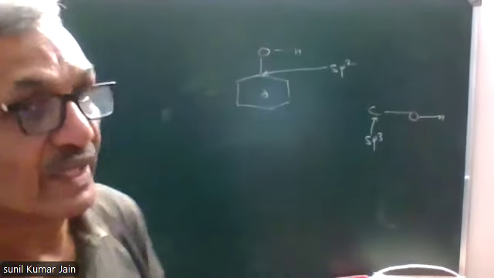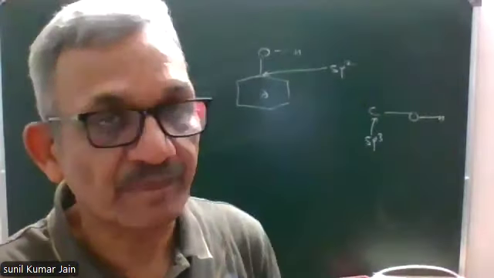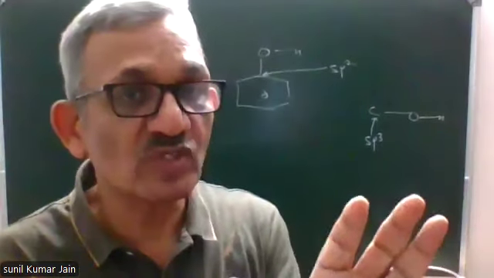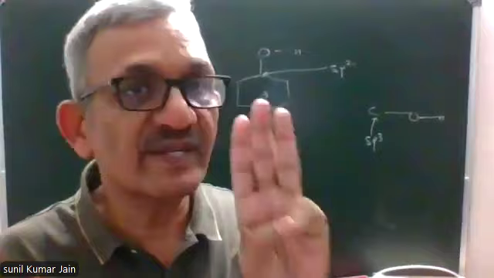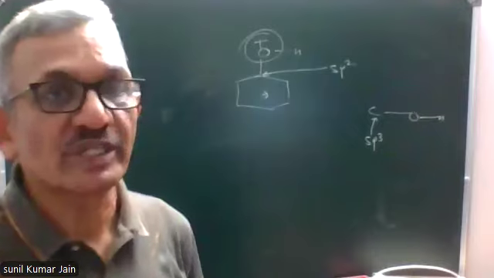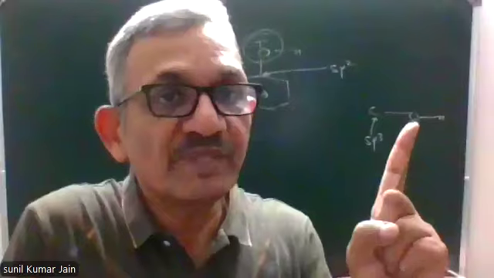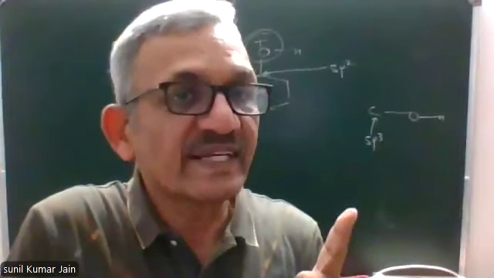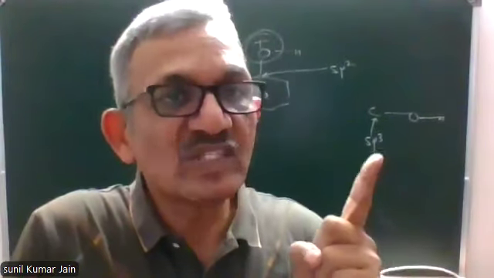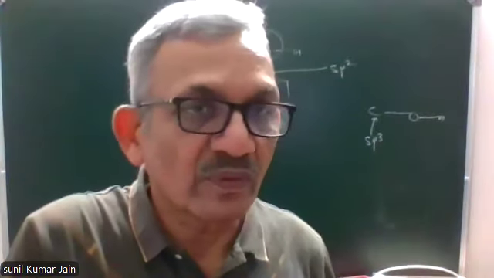One thing more, we have already done resonating structures of phenol in first chapter. In those resonating structures, if you turn pages and look at those structures, you'll find in three resonating structures, there is positive charge at oxygen. Positive charge at oxygen in phenol again means low electron density at oxygen, more polarity of OH bond, easy release of H plus, and therefore more acidic strength compared to alcohol.